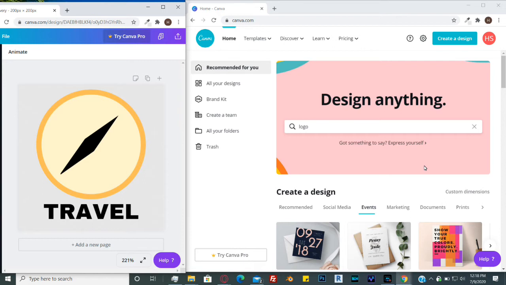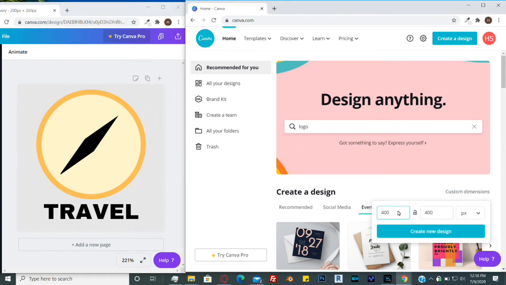Okay, so what I'm going to do now is go to the custom dimensions link near the top, and I'm going to put in 200 by 200 because I'm going to make this logo 200 pixels wide by 200 tall. And I'm going to create new design,